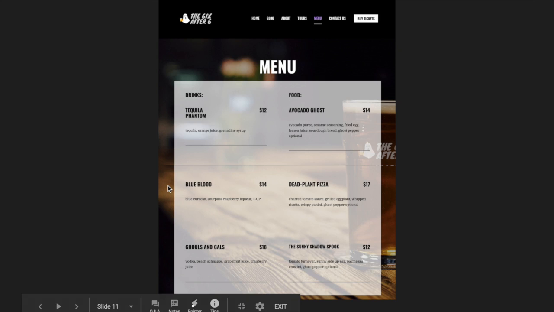Menu is another critical aspect of our website. If we are doing a ghost tour, we are inviting guests to join us for beers afterwards in the Distillery District. So this is just what guests can expect. It still follows the idea of our ghost tour with fun drinks, tequila phantom, and some food, avocado ghost, which is a play off of avocado toast.